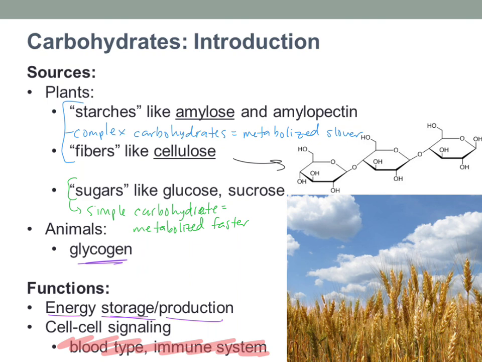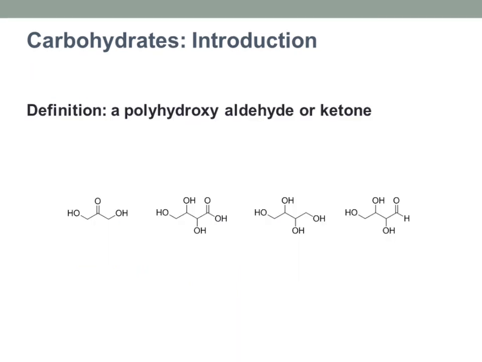So carbs are also really important for cell-cell signaling or cell-cell recognition. It's kind of how they talk to one another. It's like the braille on the outside of a cell. When they bump up and feel around, they can tell: is this cell from the same organism, from your host, or is it from something outside of the body? Or in other words, is it some sort of pathogen? Is it something that needs to be attacked? So carbohydrates are really important, not only for energy, but also for cell-cell signaling and cell-cell communication.